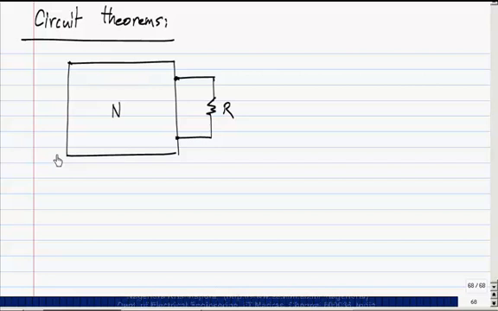Now, the question is, can I replace this resistance with some other element which will retain the circuit solution to be exactly the same? That is, all the branch currents and all the branch voltages are exactly the same as before. Voltage source and current source. How will I connect it? So, first of all, let me make things precise. The resistance is connected between these nodes 1 and 1 prime. So, what should I connect where?